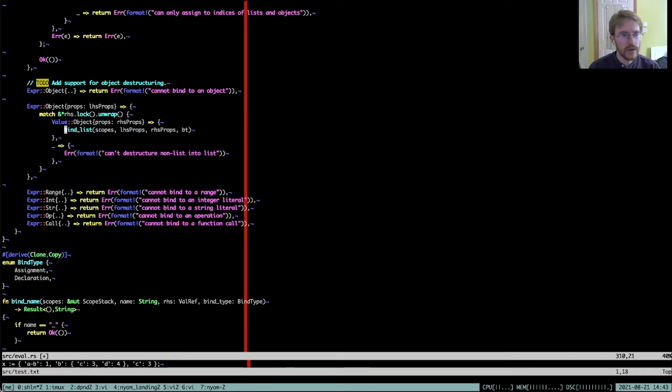I'll probably have to borrow something there as well. So bind object, can't destructure non-object into object, and